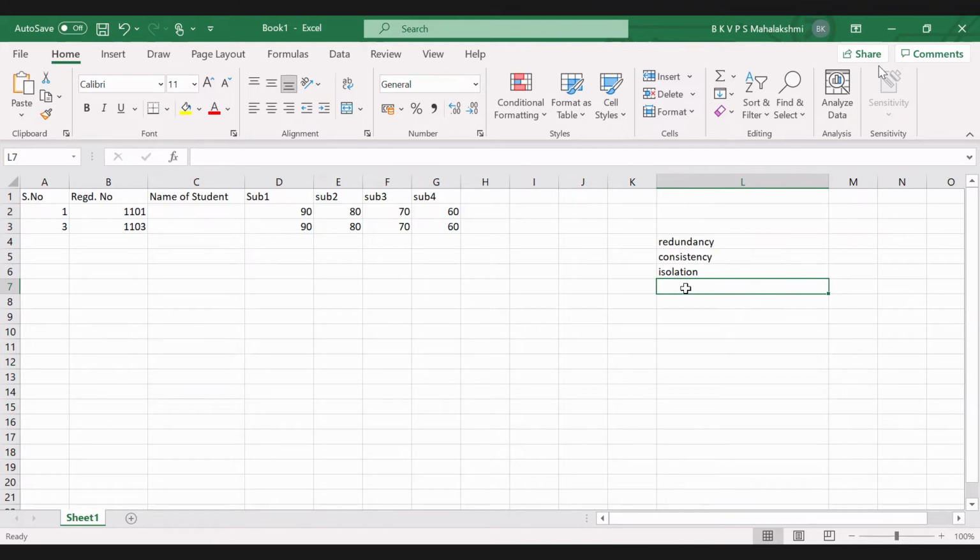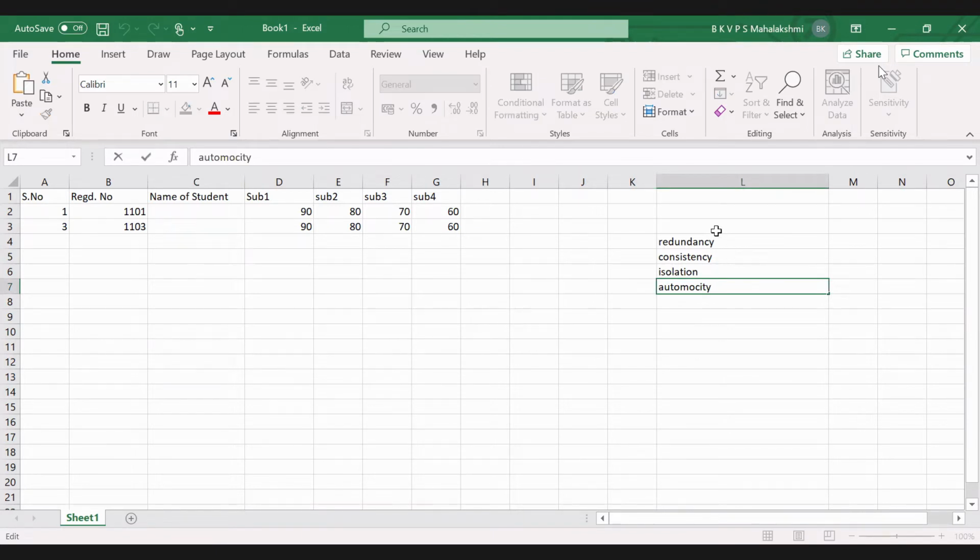So redundancy, consistency, isolation, and the last one is atomicity. Anybody knows the general meaning of atomicity? Making something automated. Okay, this is the general meaning.